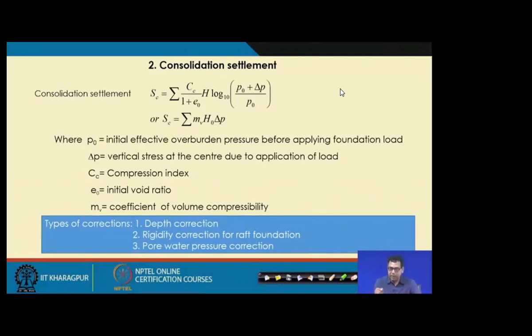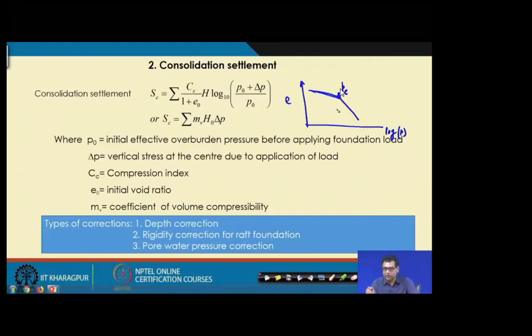Now, I will discuss that, as I mentioned, this is for normally consolidated clay. In the second lecture, I discussed that from the e-log P curve you get the pre-consolidation pressure. So, if this is log P and this is the void ratio e, and this is the Pc value, then you have two stresses, one is P0 bar,